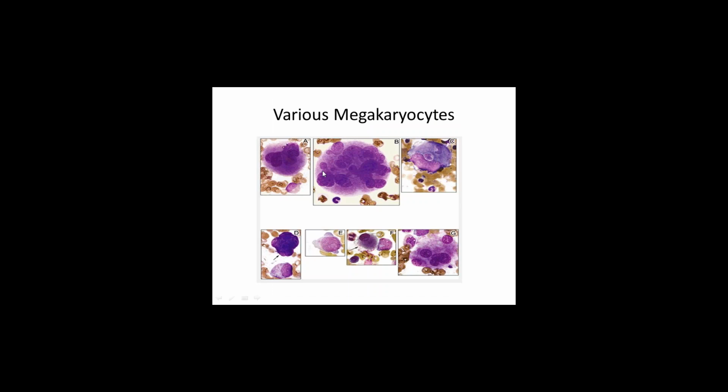To recapitulate the various forms of megakaryocytes that we can see, this is a normal megakaryocyte. Here we can see multilobulation and abundant cytoplasm. This is again a megakaryocyte, but in contrast to picture A, picture B shows large, more number of lobulations. This is classically seen in cases of essential thrombocytosis, and we call it a cloudy or bulbous